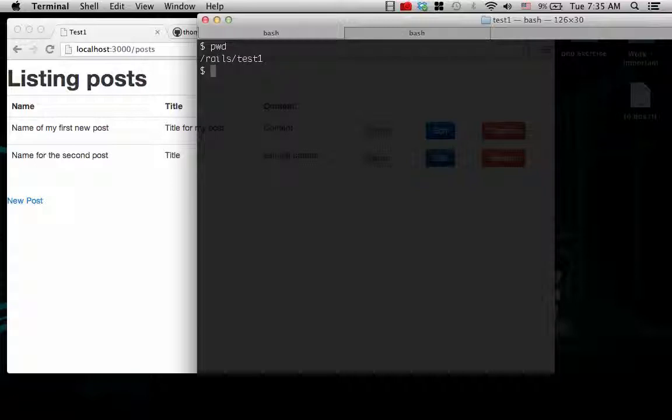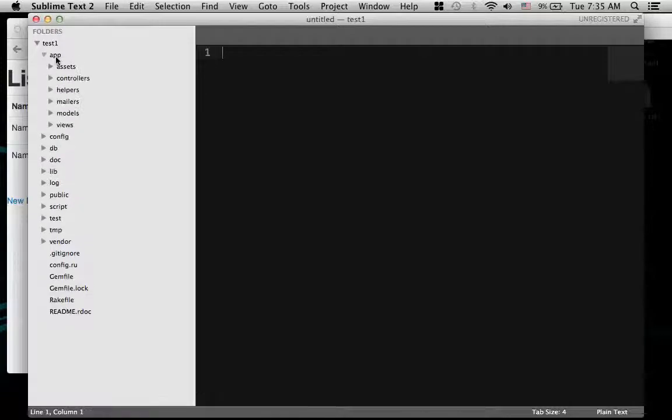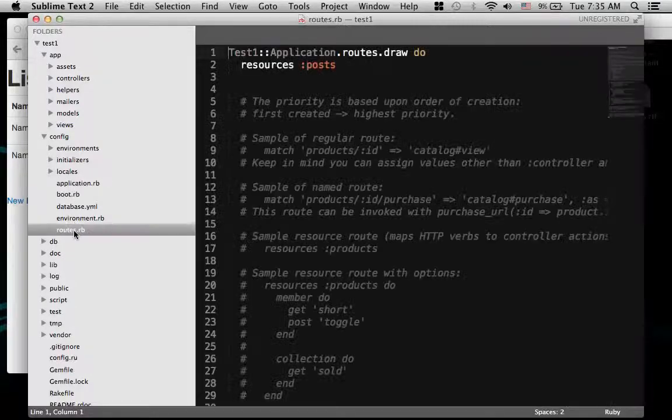So I'm at the test 1 project that I created. Let me open up Sublime. The routing file exists in config, routes.rb. It's a Ruby file. So when I did scaffolding, it automatically created a routing